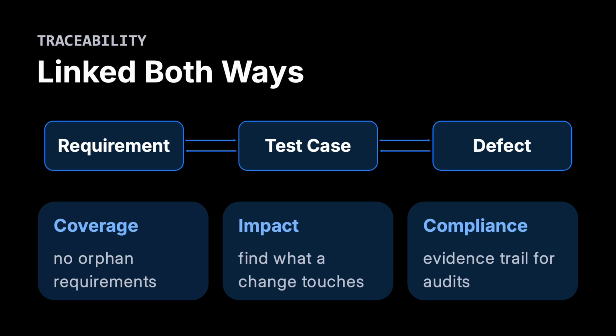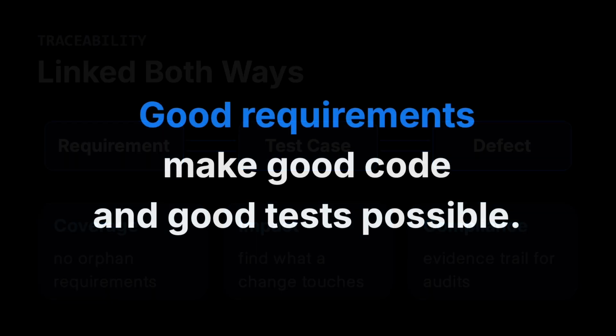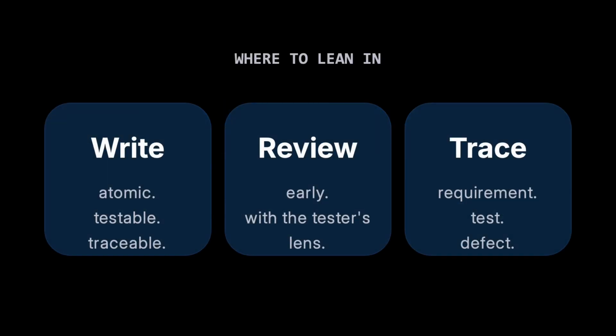So what does this mean in practice? Requirement management is its own discipline with its own tools and its own roles. Testers and QA in general are not just consumers of requirements, they are also their reviewers. So looking at requirements early is one of the highest leverage activities a tester can do. Also, you have to consider that requirements evolve over time. This means versioning and impact assessments are not optional, but very crucial so that the project stays consistent through change. And testers and QA in general hold very strong leverage by getting involved at the requirement stage and not waiting